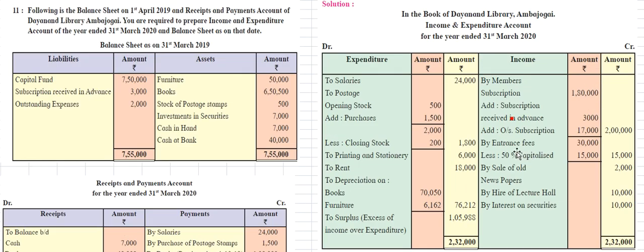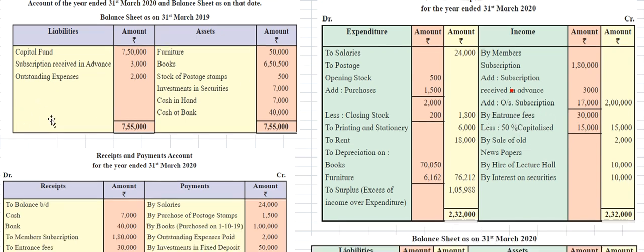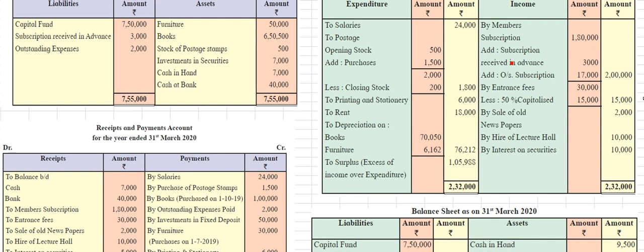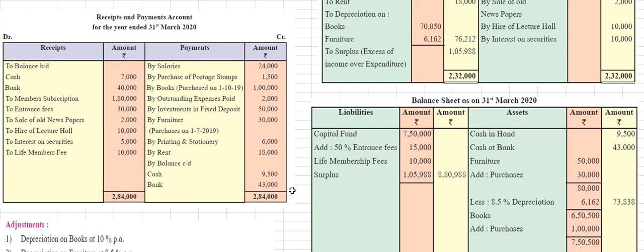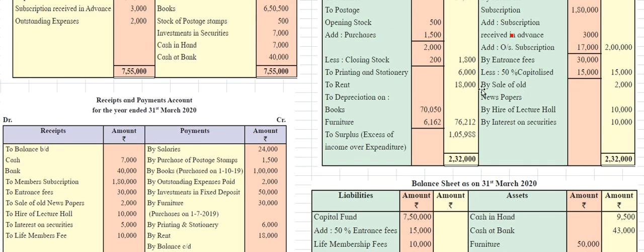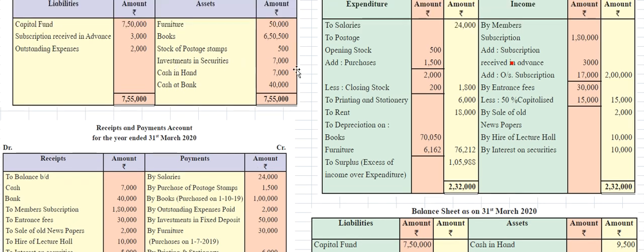Next is by entrance fees, 30,000 rupees. Next, less 50% capitalized, we have an adjustment of 50% capitalized on the entrance fees, that is 15,000 rupees. By sale of old newspaper is 2,000 rupees. And by hire of lecture hall it is 10,000 rupees. And again by interest on securities it is 10,000 rupees. Interest on securities it is 7,000 plus